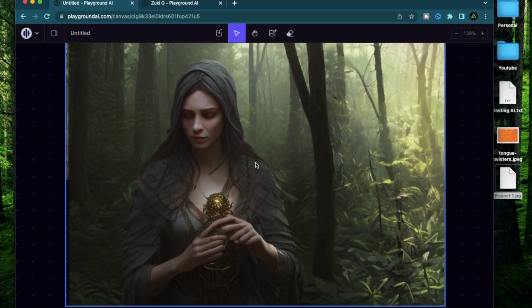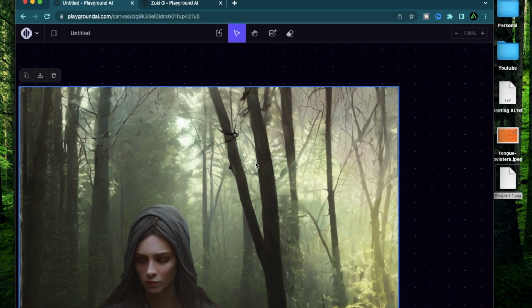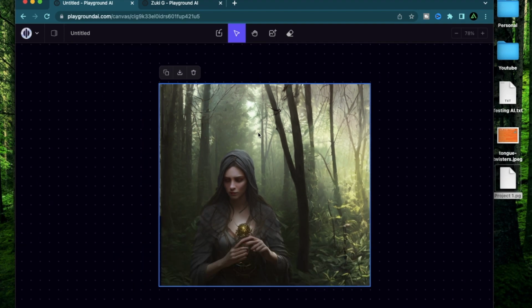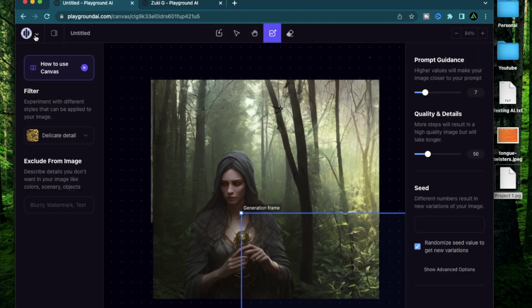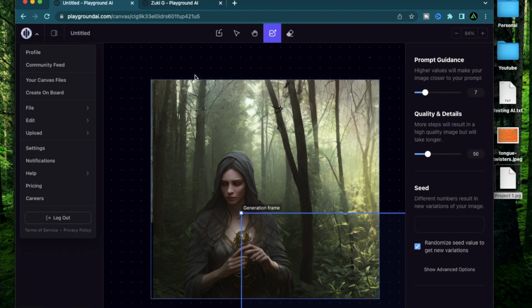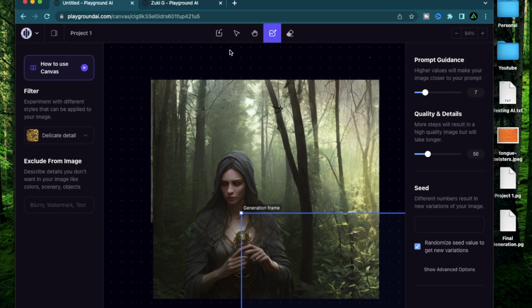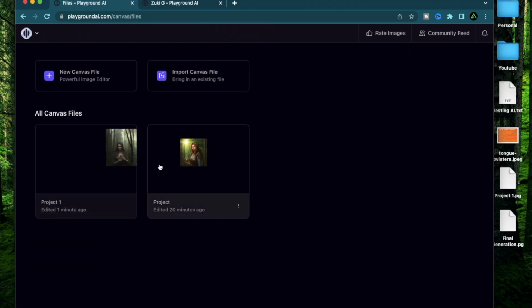I have this female alchemist in this enchanted forest with no dragons, and I think I'm pretty happy with the status of this generation. I'm actually gonna maybe add some more things later, so I can just save a local copy of this image and say final generation.pg. Cool, now I have the status of this project both saved on my Playground account right there with all my canvas files,